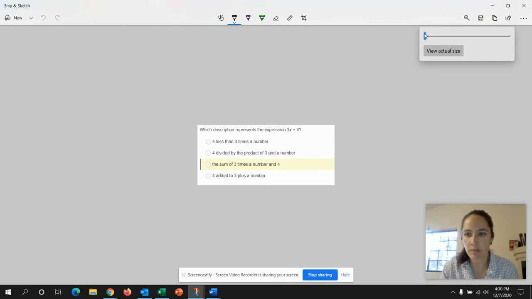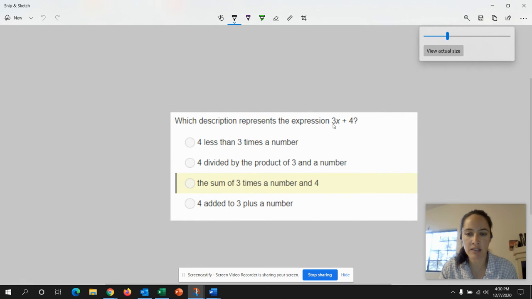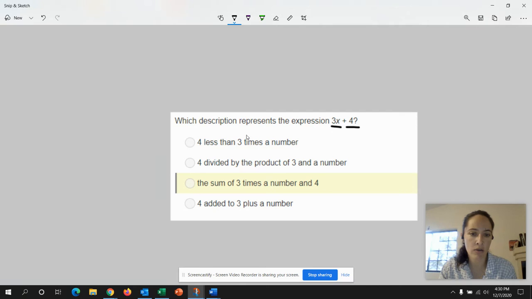Okay, so which description, this is a good one, which description represents the expression 3 times X plus 4? 4 less than 3 times the number. Well, we know that this means subtraction. 4 divided by the product, no, there's no division. The sum of 3 times a number and 4. Sum means addition, okay, that could be one. 4 added to 3 plus a number. Okay, this one is 4 added to 3